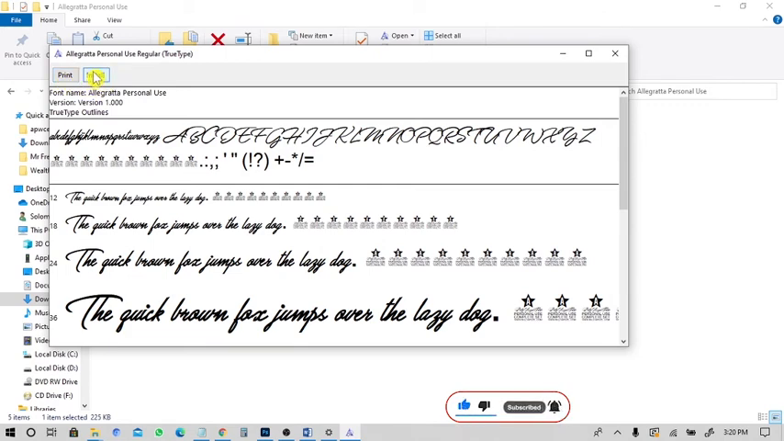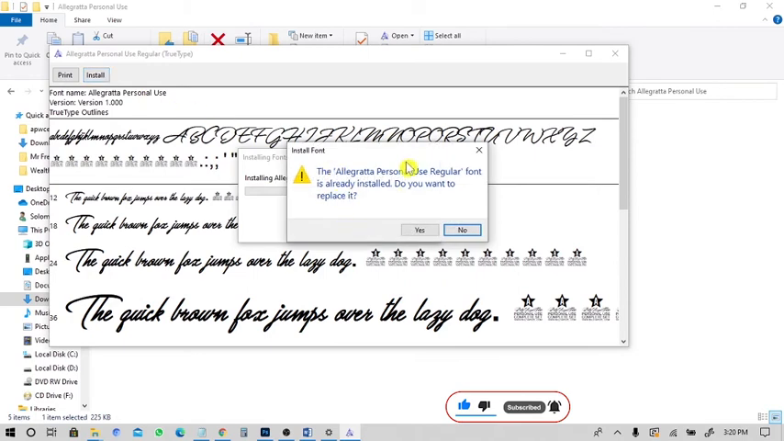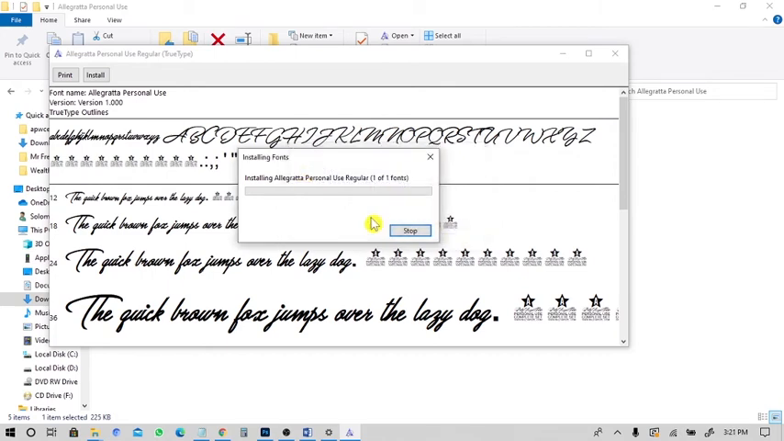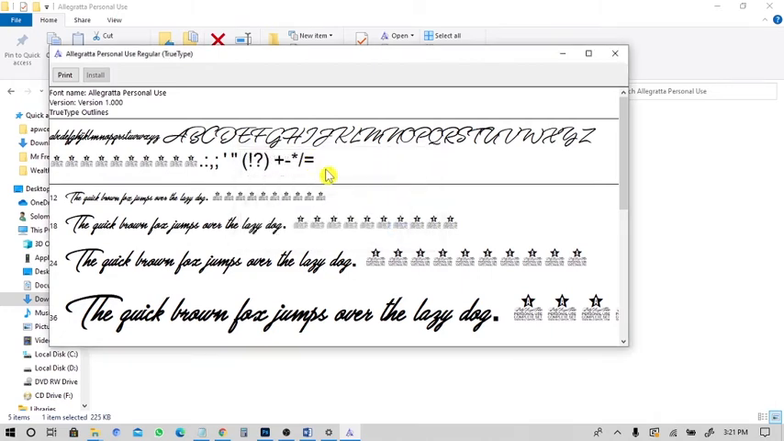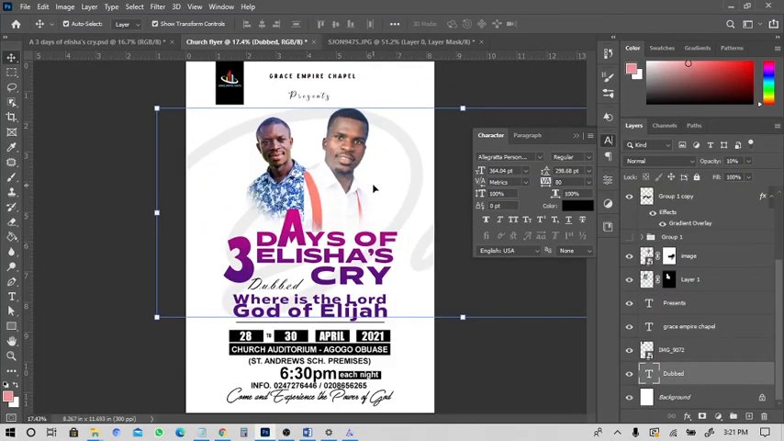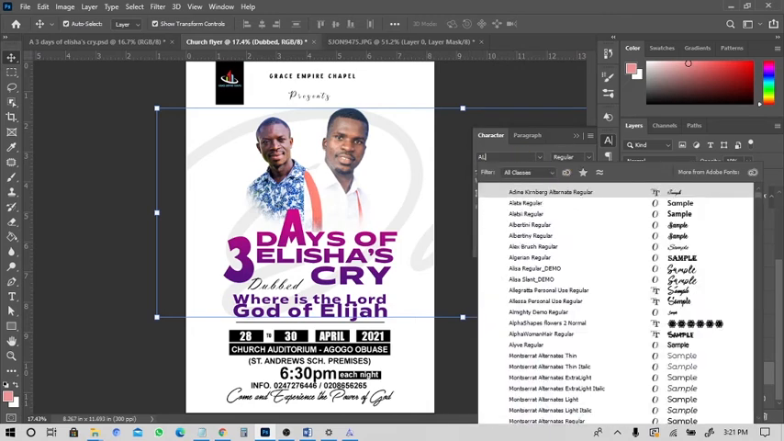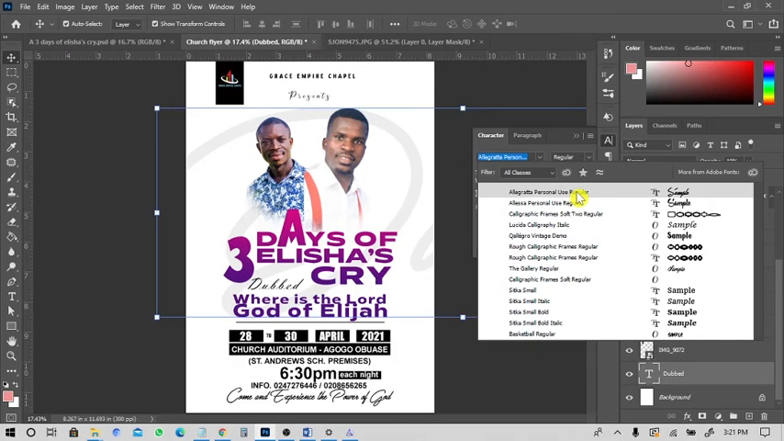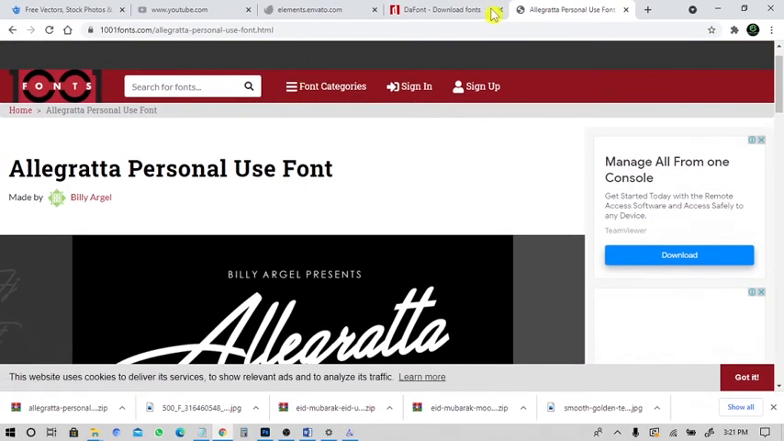Click on install, and it's saying that it's already installed. Do you want to replace it? So I'll click on no. So you click that, then you install, and when you go back to Photoshop and start searching, you will see it come up, then you select that. So that's the first way to